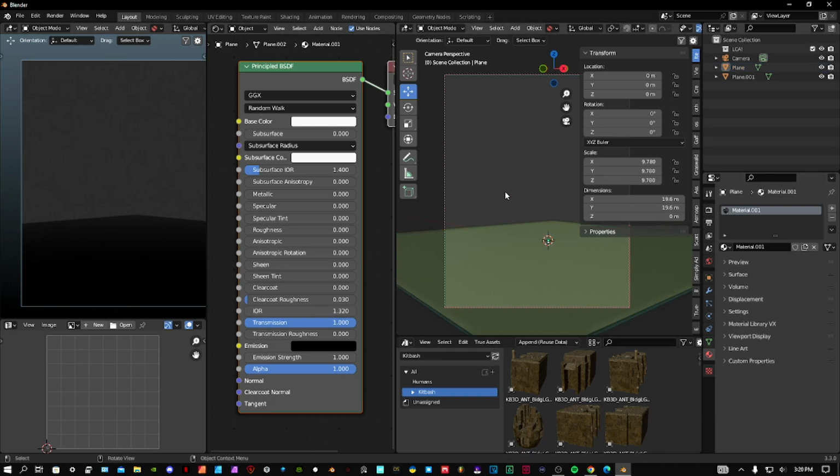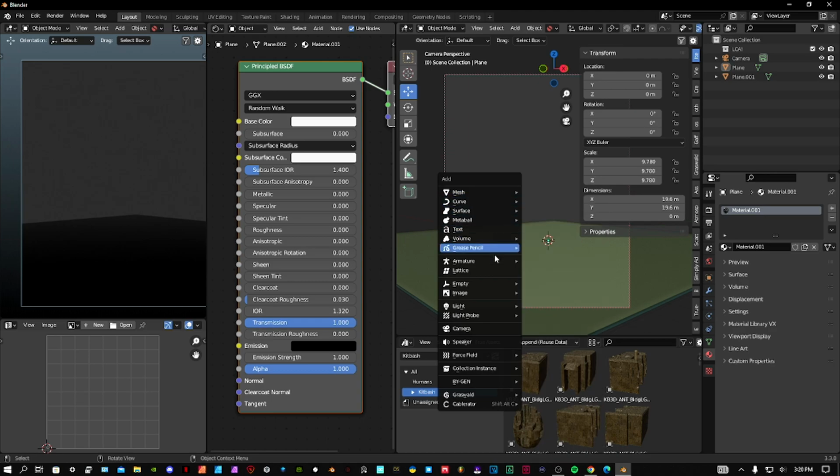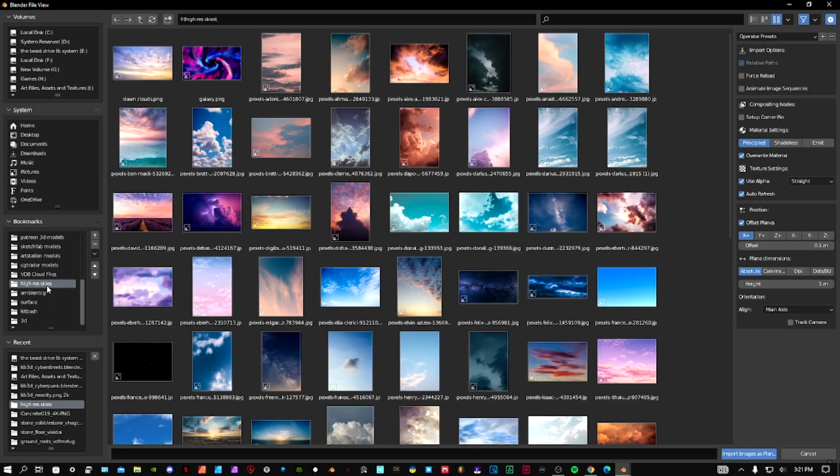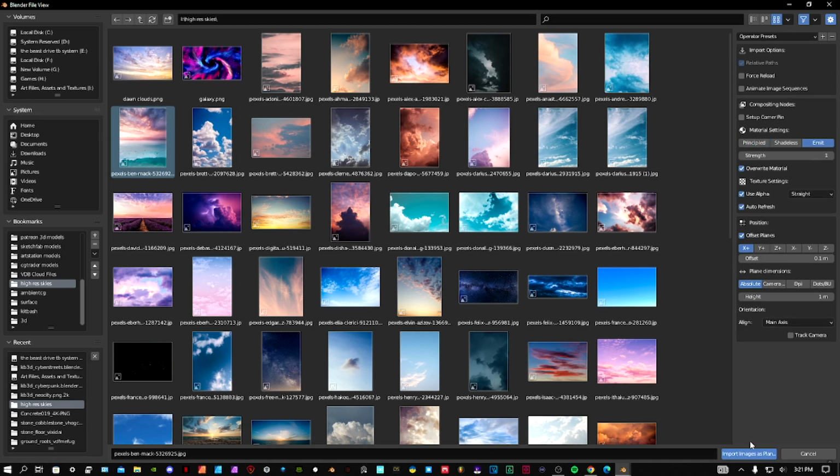All right. So what we need to do is grab a sky. We'll do an image as plane. Just grab a sky from, I don't know, Pexels or anywhere you can find a good sky. High quality, at least. So we're just gonna grab a sky. Just pick whatever. Maybe we'll just do this one. Click on emit,